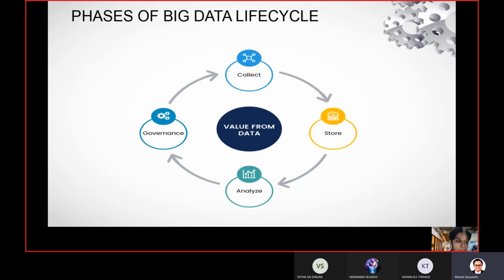Next one is storage. The obtained data is saved in the data storage phase for use in the next phase, for example, the data analytics phase. Because the collected data may contain sensitive information, it is critical to implement effective data storage safeguards. Next one is analytics. The data is processed and evaluated once it has been collected and stored in order to provide relevant knowledge. Clustering, classification, and link rule mining are some of the data mining techniques utilized in this step.